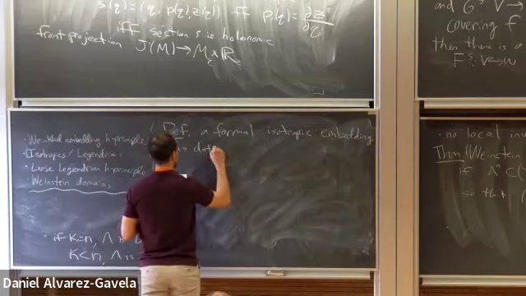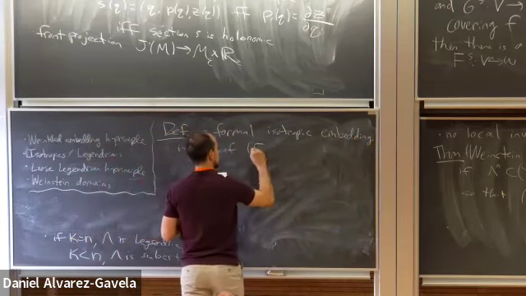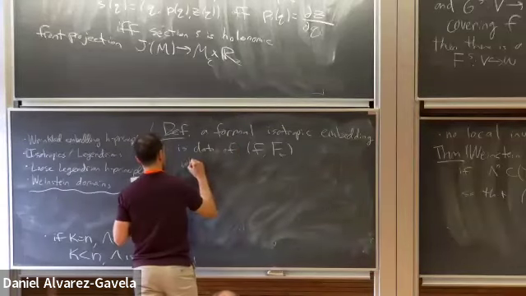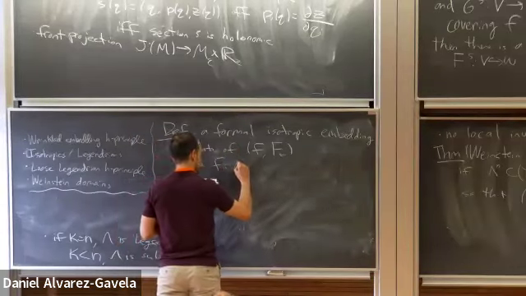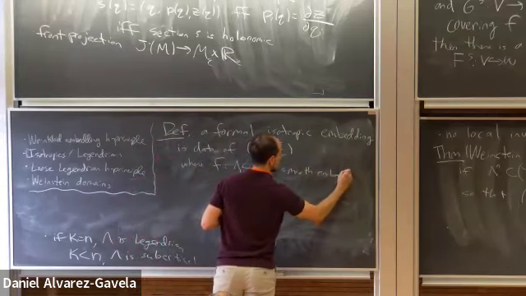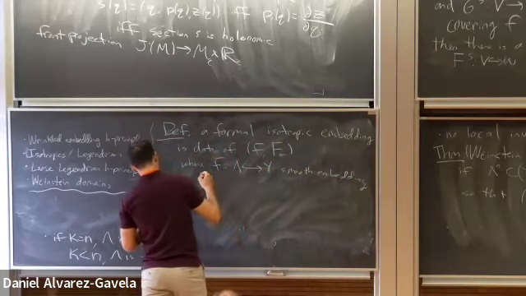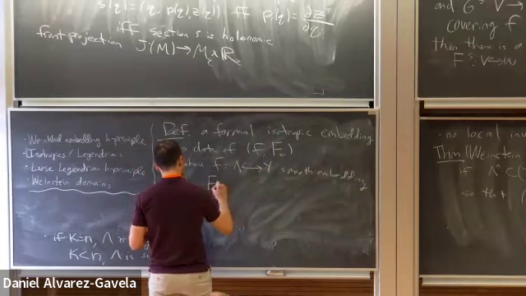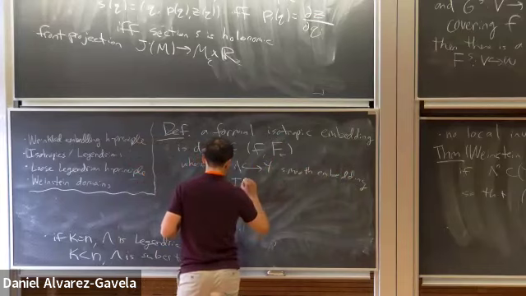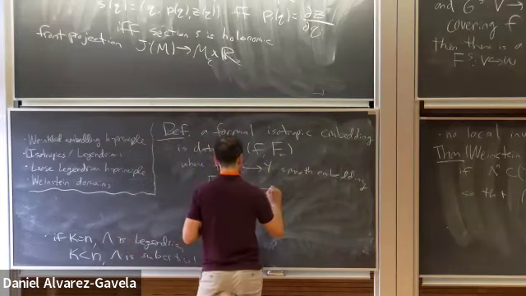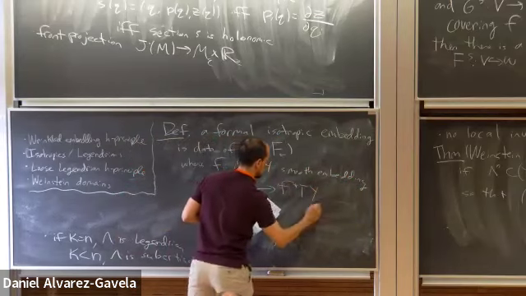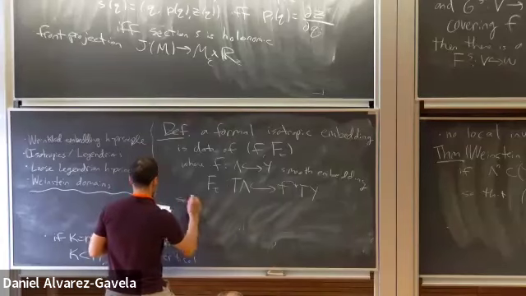It's the data of little f and big F of t, where little f is a smooth embedding, and big F of t is a family of monomorphisms covering little f, so that